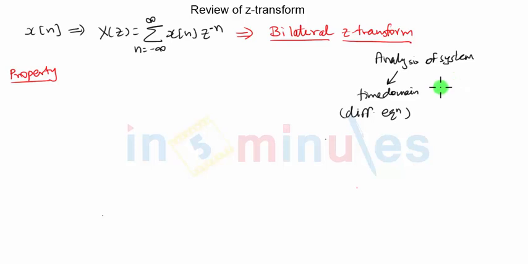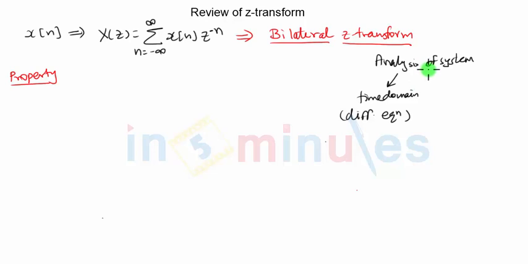I can give you a simple example of electrical networks. When we do analysis of RC, RL circuits, in that case we run across differential equations. Now, often it becomes tedious to solve differential equations, especially when they are of higher order. And hence, we can change the domain in which we do the analysis. In transform domain, we first take the system in time domain, but we convert it to the transform domain. We do the entire analysis in transform domain, and then we come back to the time domain by taking inverse